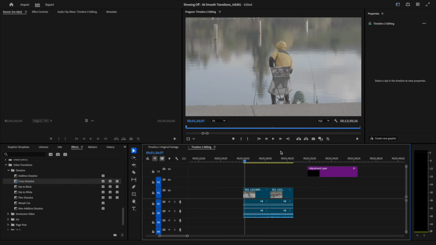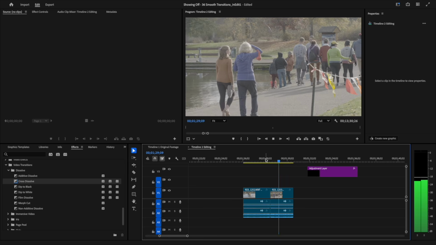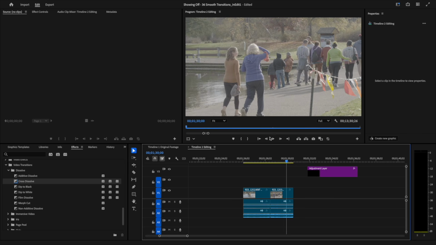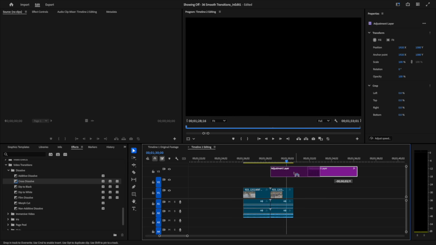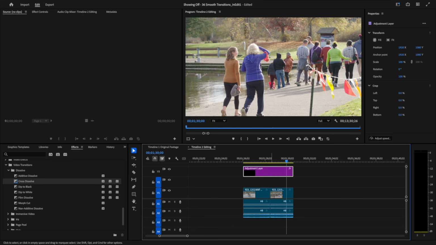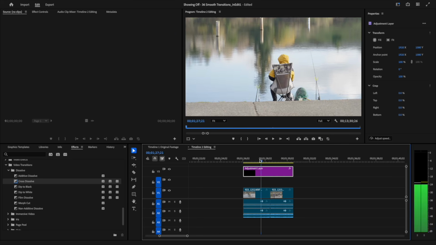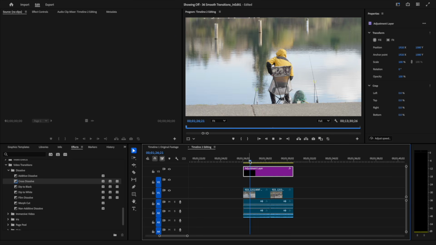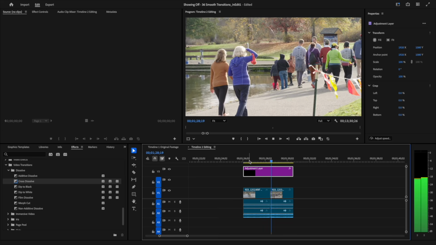Let's talk about using transitions in Adobe Premiere Pro. If you have clips next to each other, you can play the footage and it will simply cut from one clip to the next. Now, I shot this footage in a special cinema camera color mode, so I'm going to go ahead and apply some color correction to it with this adjustment layer. You can just ignore this adjustment layer, that's just for the color, but the concept we're illustrating is this simple